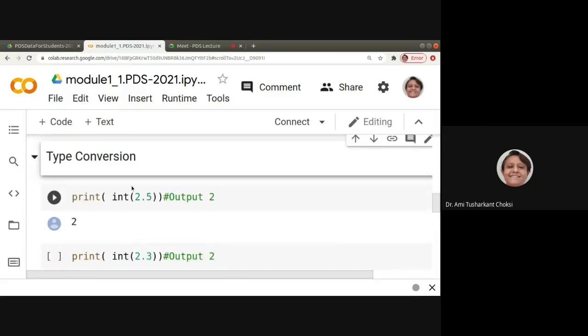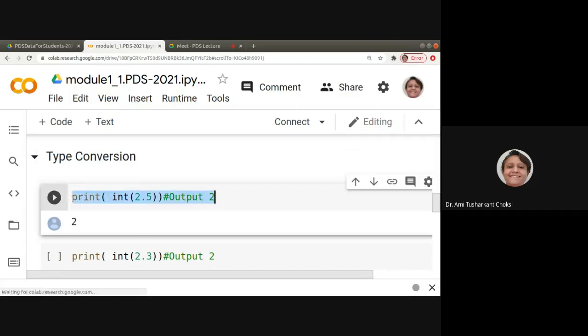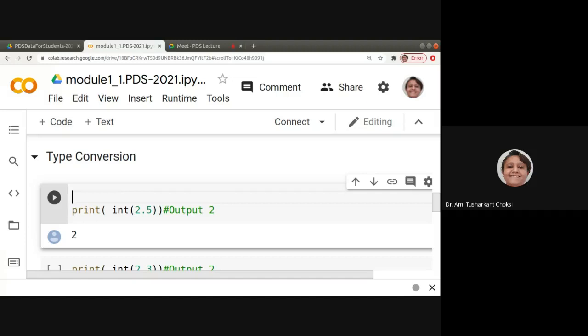For type conversion, that's what we wanted to start yesterday. In that, we can say print integer of 2.5. A little bit we have seen yesterday, but let me show you that. Typically, in other languages, we write it like this: in parentheses we write integer, and after that something like 2.5. Or otherwise, you may put that also in parentheses. This is what we used in C or Java, but this is Python, right?